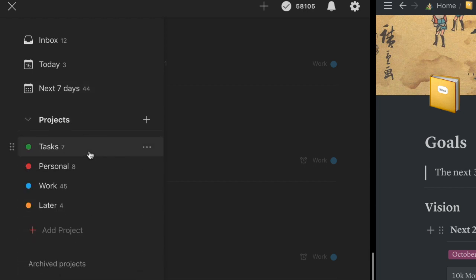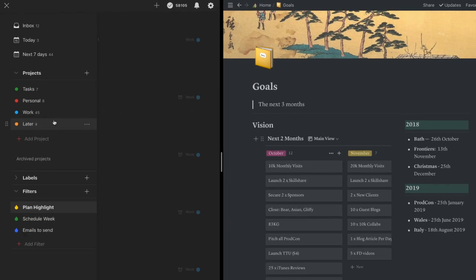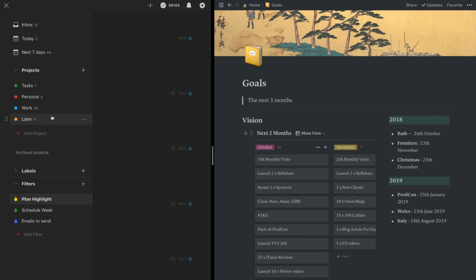And I have projects that are really, really simple. Tasks for dumping in tasks that don't have a due date that need to get done. Personal for any personal life tasks. Work for most of my work stuff, which is a majority share of my Todoist account. And later, these are almost just notes or links that I need to clear out at the end of the